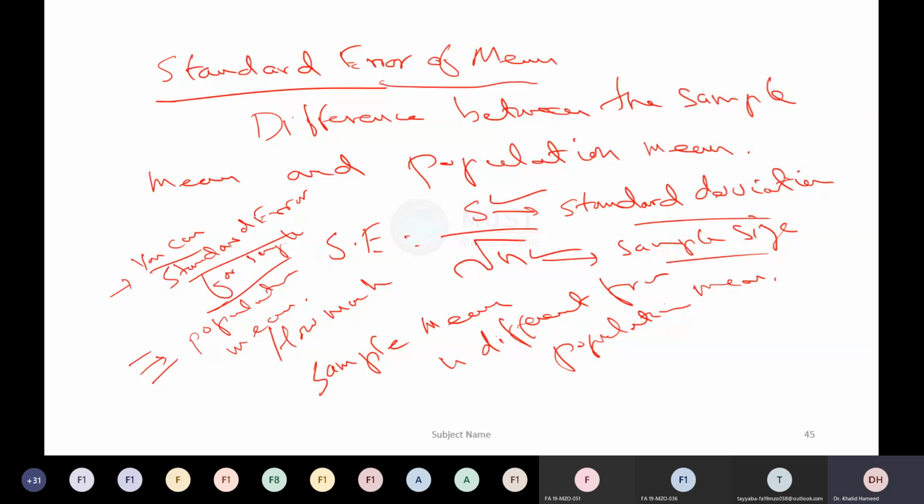Please answer this question. Are you listening? Yes, sir, but what kind of knowledge are you talking about regarding the population? I'm telling you that standard error is the difference between the sample mean